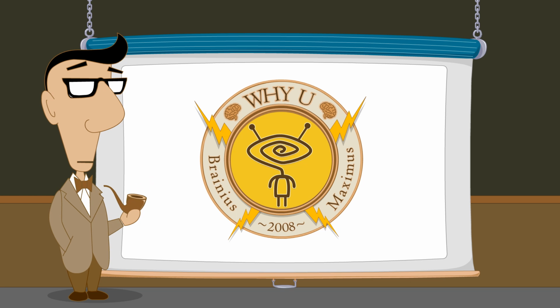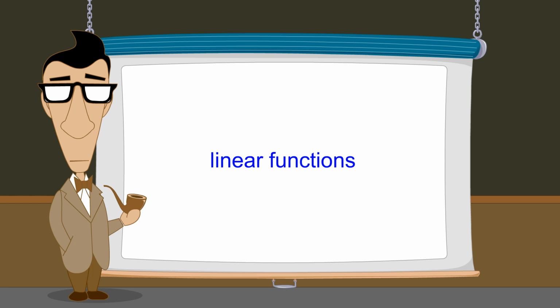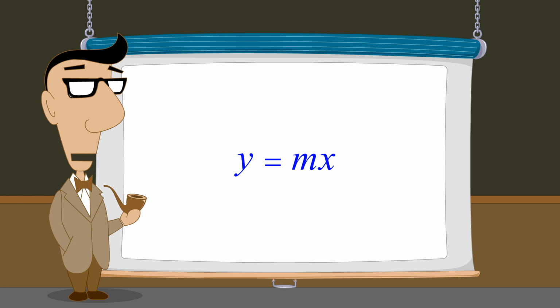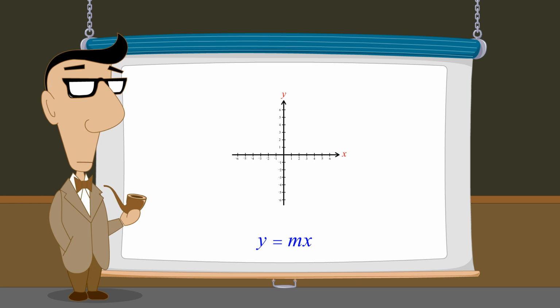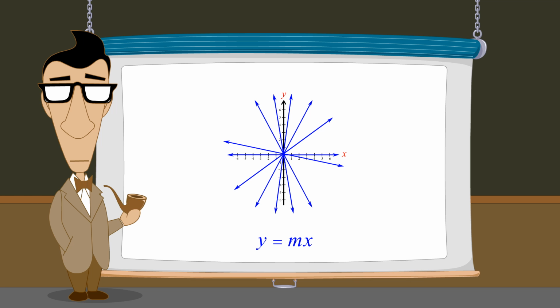In the last lecture, we introduced functions whose graphs in the Cartesian plane are lines passing through the origin. These are called linear functions, and can be represented by the linear equation y equals mx, where m is a constant whose value can be any real number, positive, negative, or zero. The slope of a line described by this equation is determined by the value of m. Depending upon m, the slope can be positive, negative, or zero. However, all graphs described by equations of this form are lines which pass through the origin.